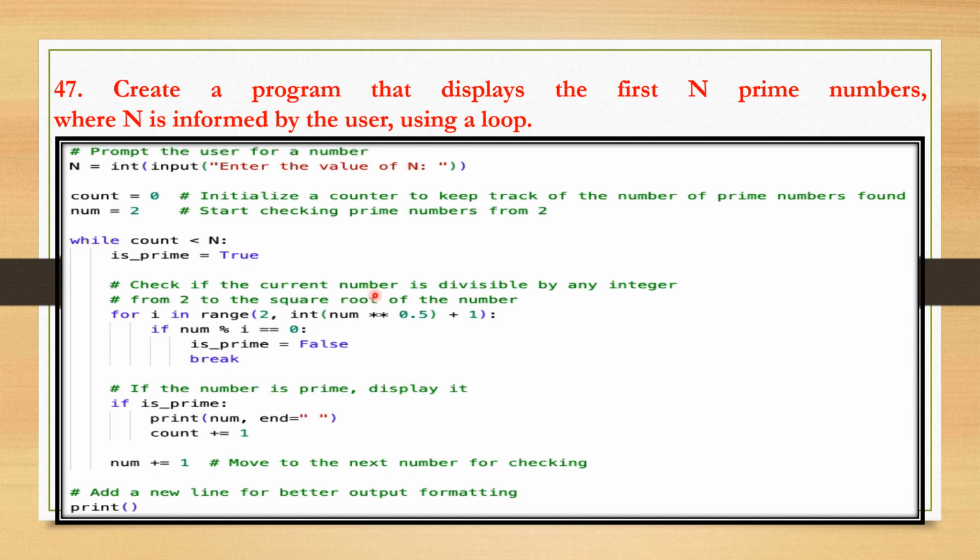And inside this loop, we initialize a variable is prime to true for each value. We use a for loop to check if the current number is divisible by an integer from 2 to the square root of that number inclusive. Why are we doing so? Because inside this nested loop, we are using a modulo operator to check if the number is divisible by current value of i. If it is divisible, we shall set is prime to false and break out of the loop. And after this nested loop, if is prime is still true, it means the current number is prime,